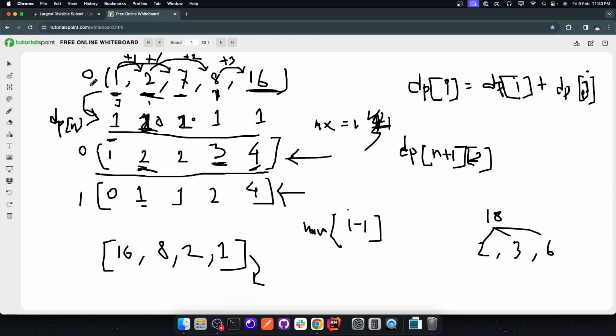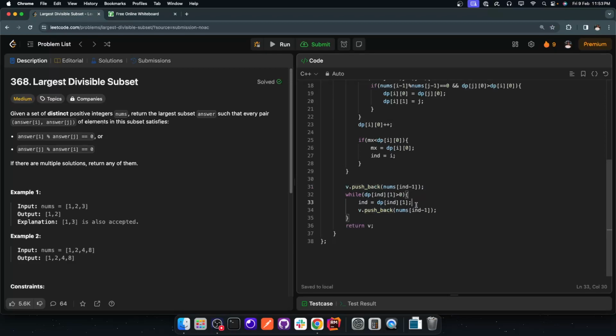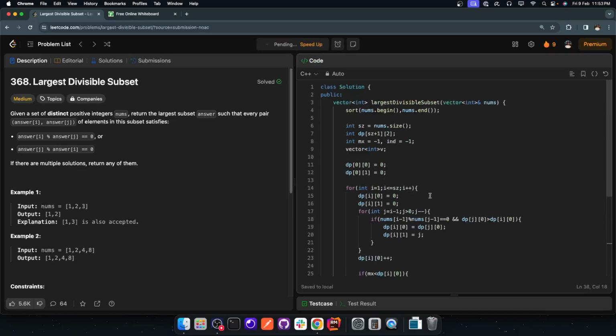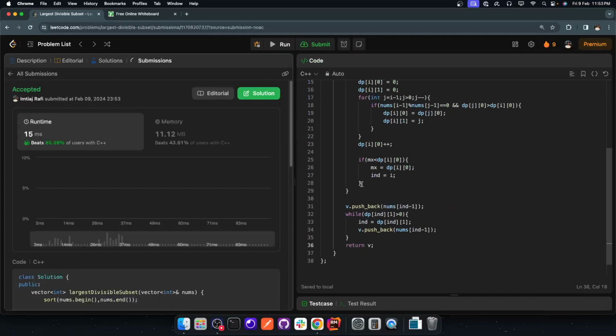When the value doesn't come to 0 in this position, we keep iterating over it: is this value divisible by this, is this value divisible by that. Okay, then we backtrack and push the values into the vector, and just submit the code to see if this solution works. I have already submitted previously, and yes, this works,